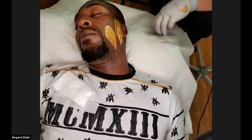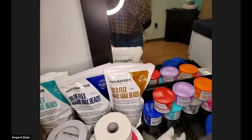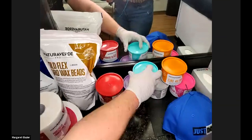I also want to point out that the hard waxes do come in 2 different sizes. So the size you guys did receive is the can. If you find that you love this wax, then you can get the beads, which is a bigger bag. Mark, that's another thing I've learned, Julia, that sometimes people aren't aware of the advantage